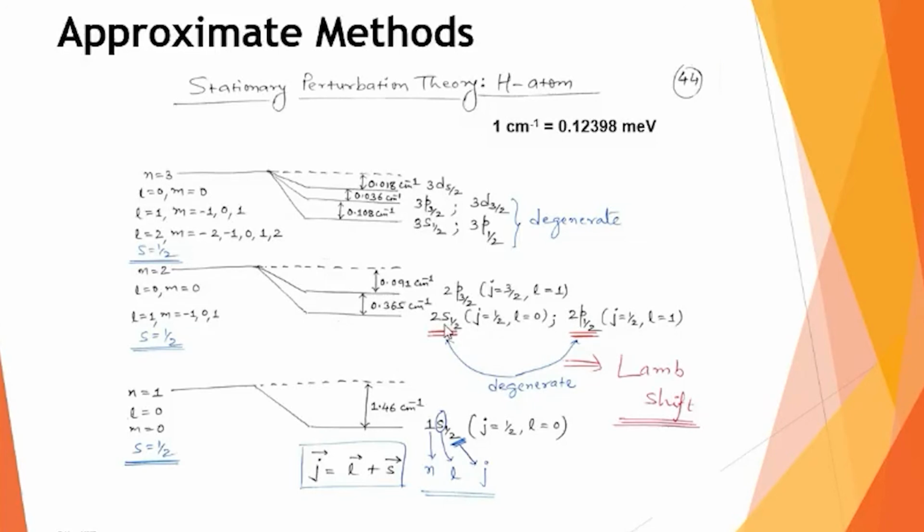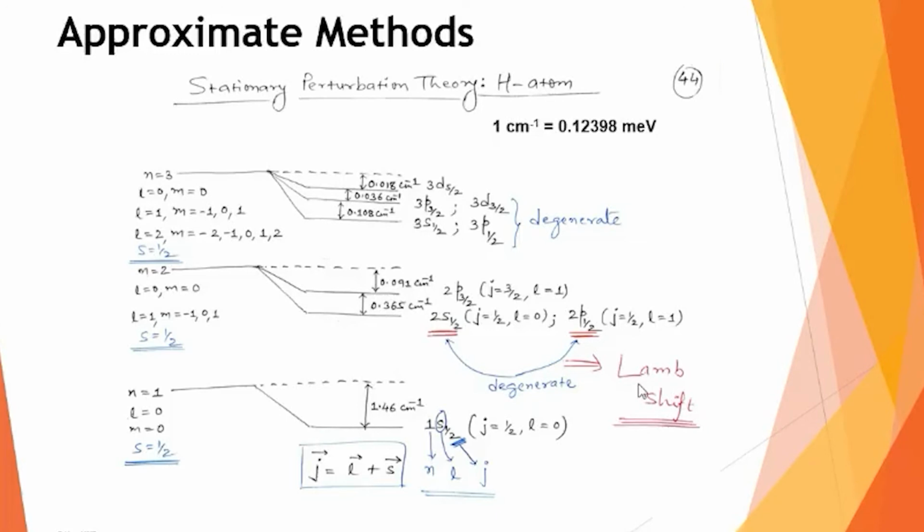Then the question comes, how to remove such a degeneracy? Still this degeneracy is there, which I want to remove. How can I study this fine structure or fine spectra further in detail? And then a very famous experiment performed by Lamb actually tells you that even these two states are energetically different, and therefore you are allowed to split this state further.